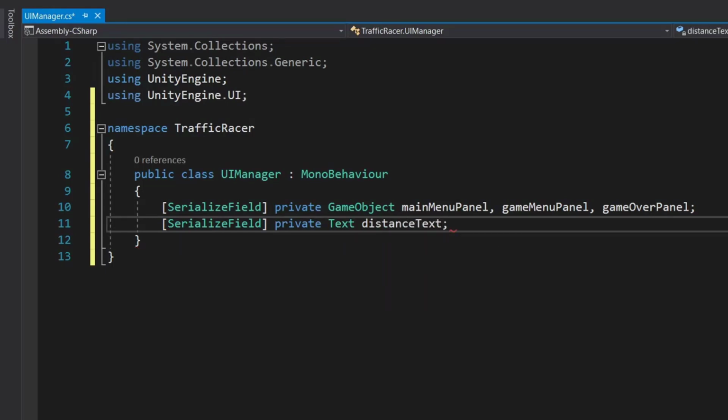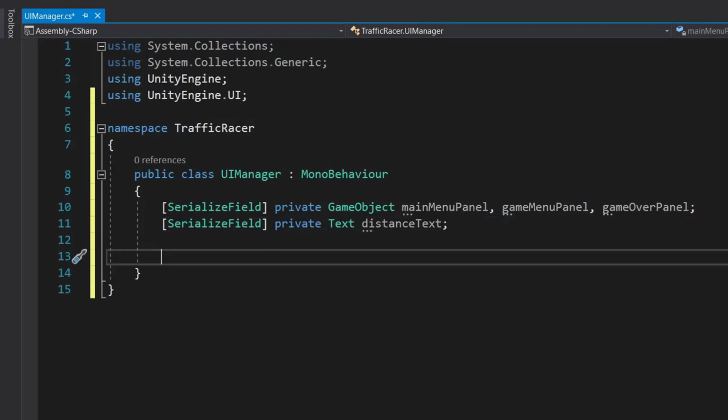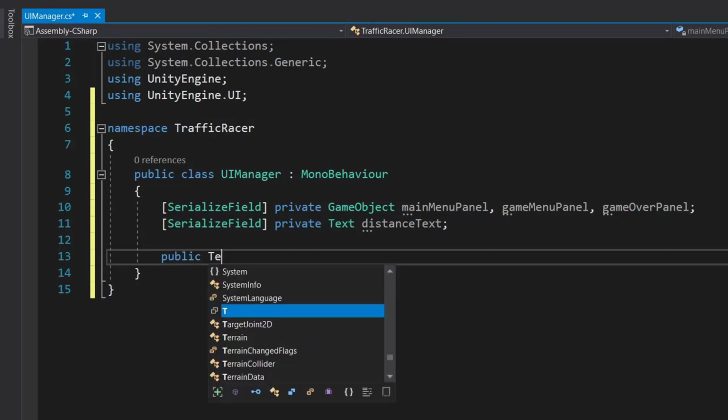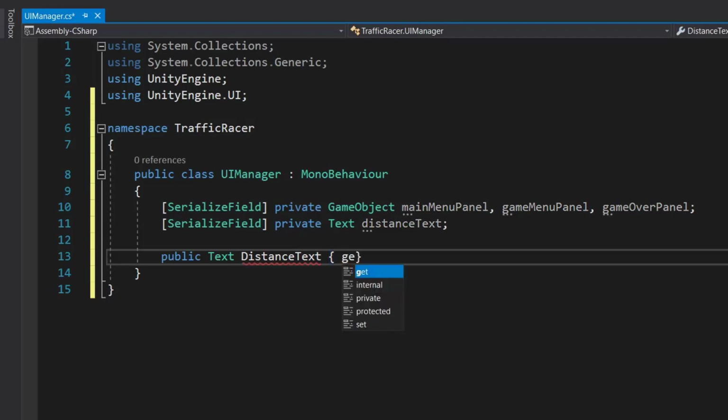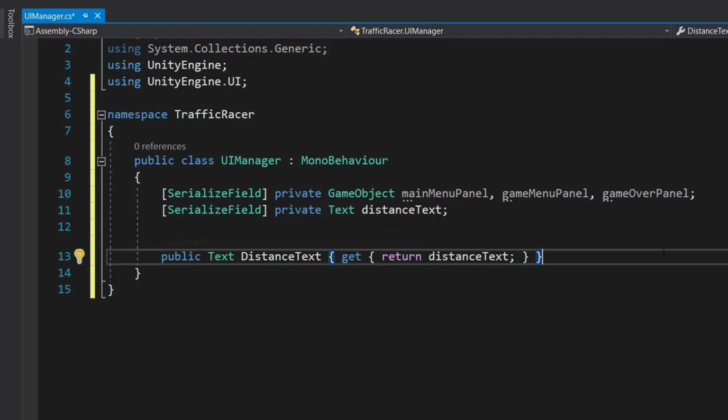Then we will create a getter for our distance text. So we'll type public Text DistanceText, and inside that we will call get, return distanceText. And we are doing this so that we can access our distance text from other scripts. We will also make our UI manager an instance.